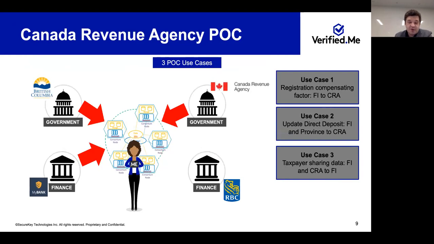So what this allows them to do is that you can do this in real time at the institution, or even remotely, while you're applying online. So that's one of the ways for either government or any other provider that has some information about you to leverage the data and gain some revenue instead of just being a cost. The same goes for banks or provinces or any other data provider in our network.